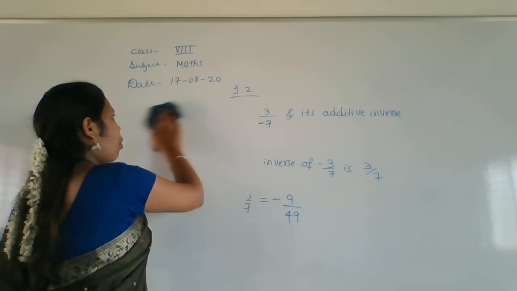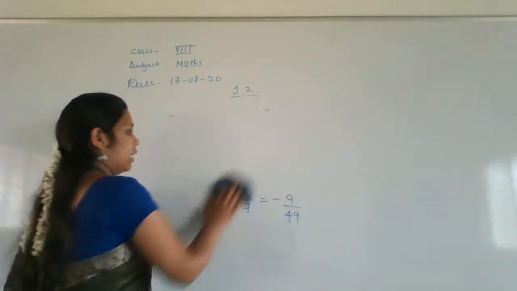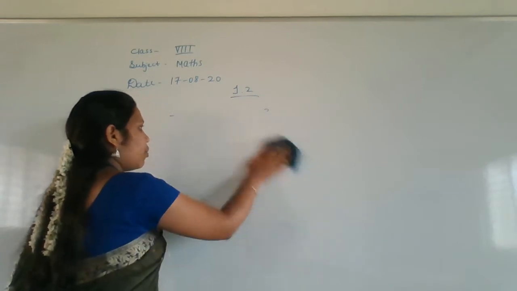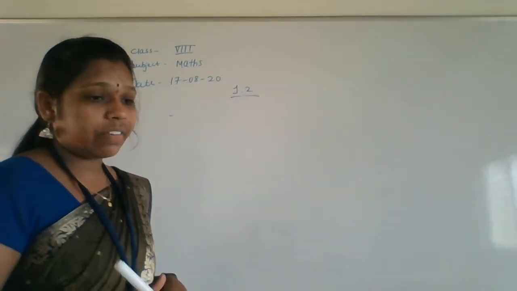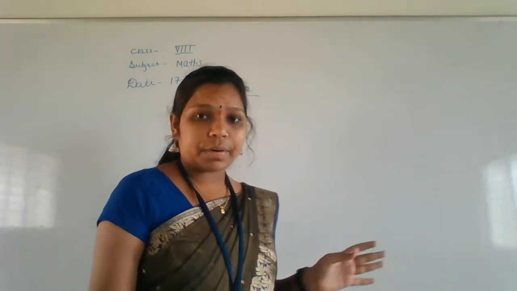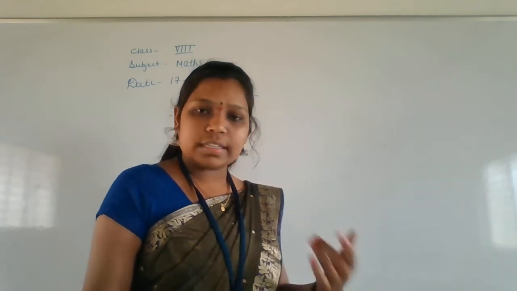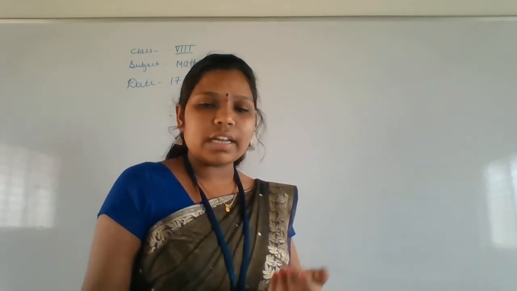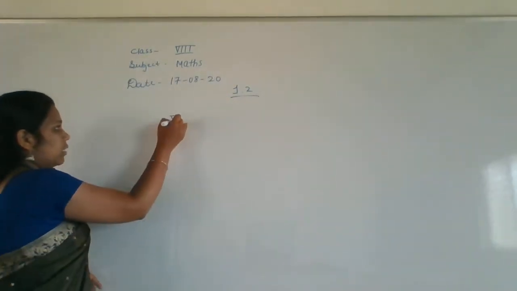This is nothing but what? In the 8th question they have given the distributive property. Everyone observe properly. That is the distributive property they have given. While I was telling the properties, I said it as a, b, c. For a, b, c, I told the distributive property, but here they have given x, y, z. That is the difference here. So the 8th one is